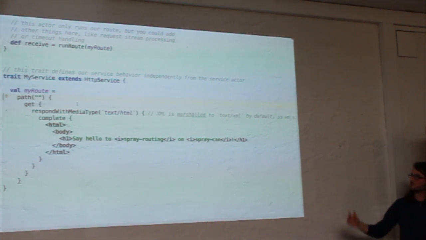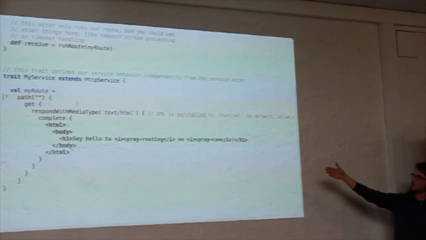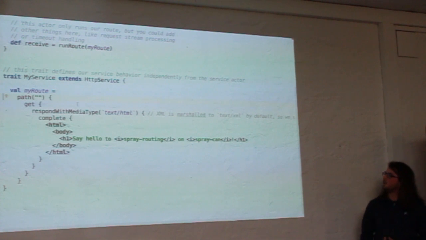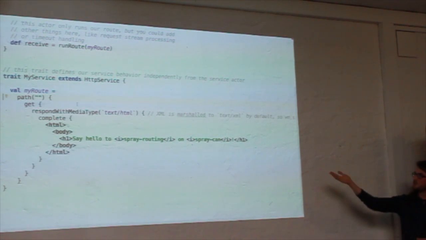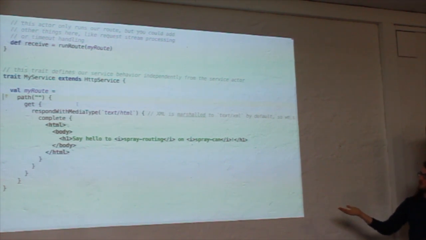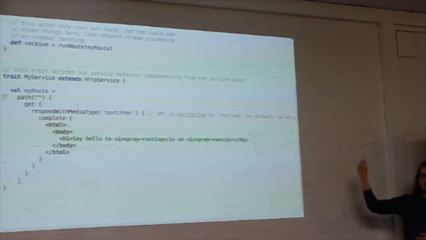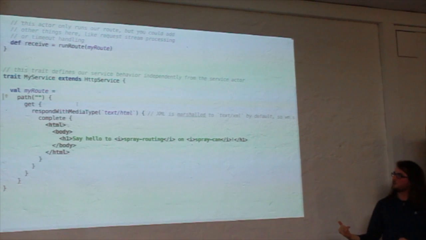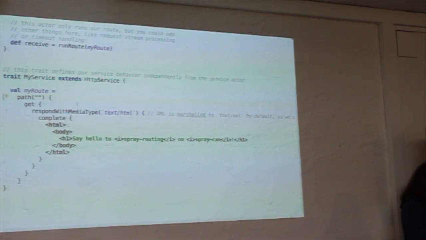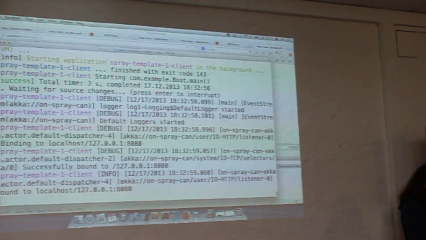Then in this case, you want to respond with media type text/html, because what you provided to the complete handler is XML, so you don't want XML here, but HTML. But that just works, it's very readable: path, get, respond with media type, and complete. And there are a bunch of directives like that I'll show you more later in another actor. Well, let's try it out first. It's actually running.